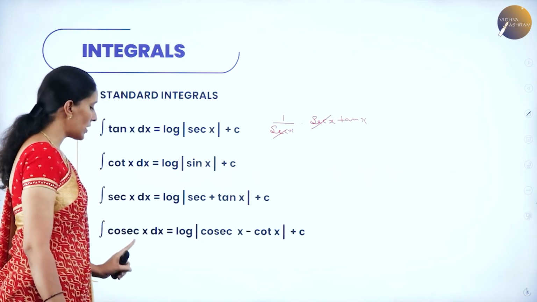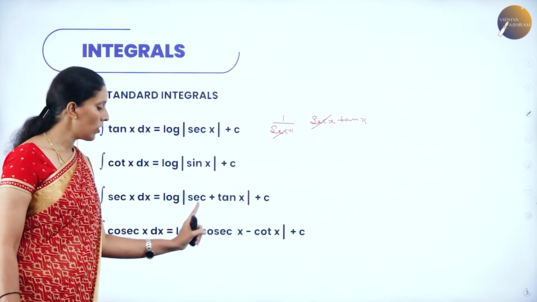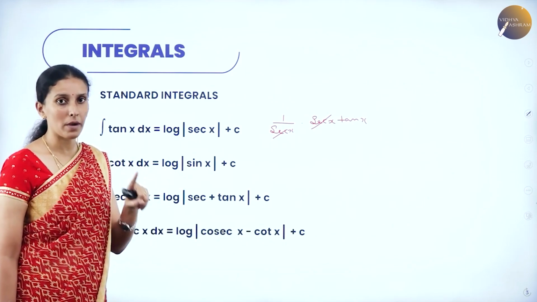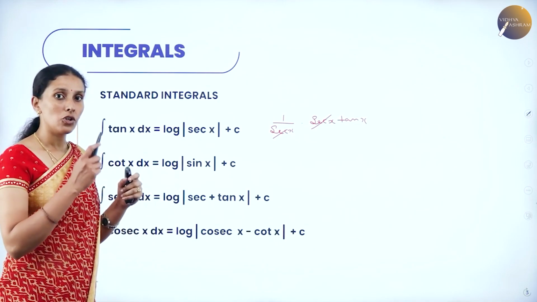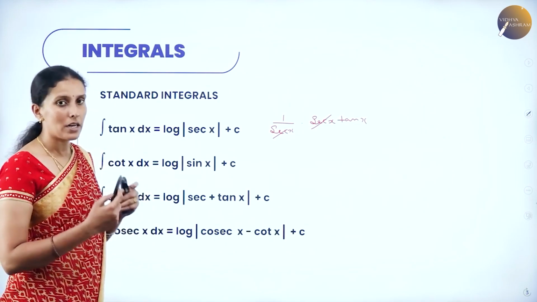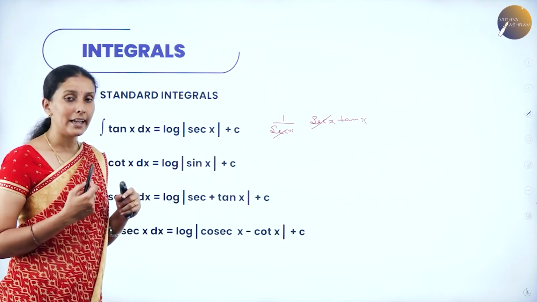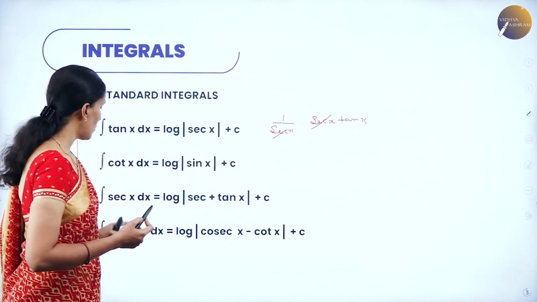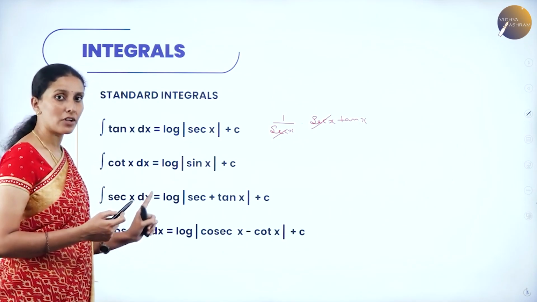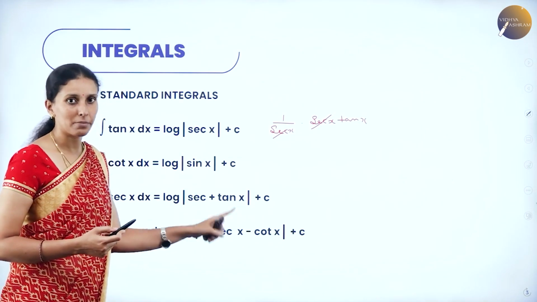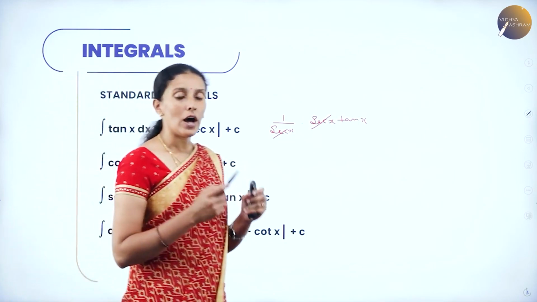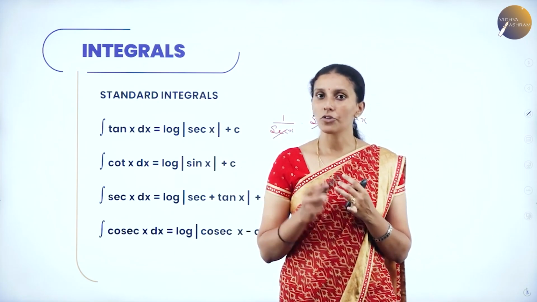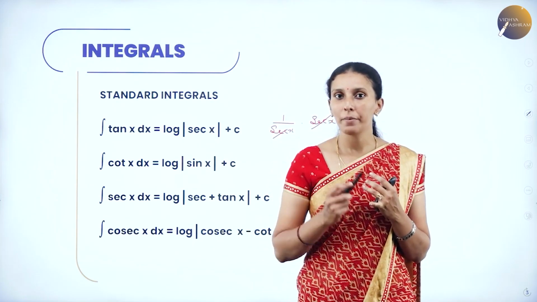And integration of cosecant x can be taken as log of cosecant x minus cot x, because we know integration of cosecant and cot is minus cosecant x. So therefore here integration of cosecant function is log of cosecant x minus cot x plus c. Other than these standard integrals, we have learnt many standard integrals of all trigonometric functions, algebraic functions, e power x and log functions,